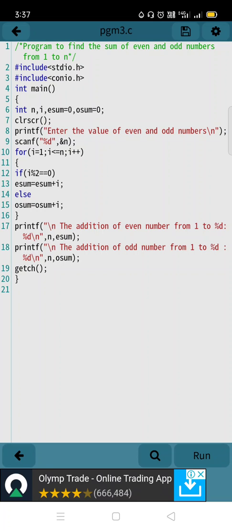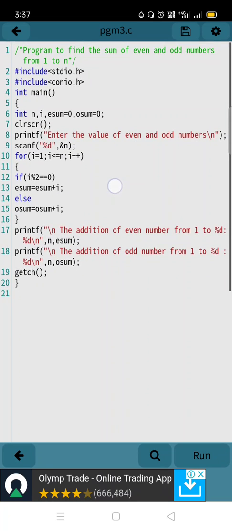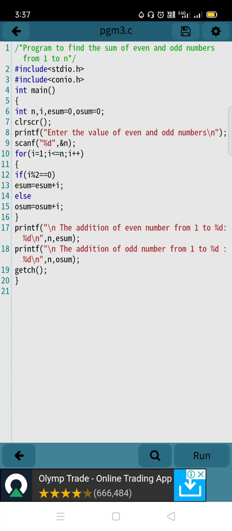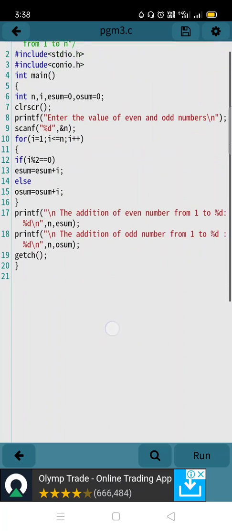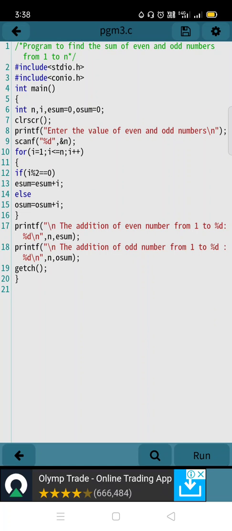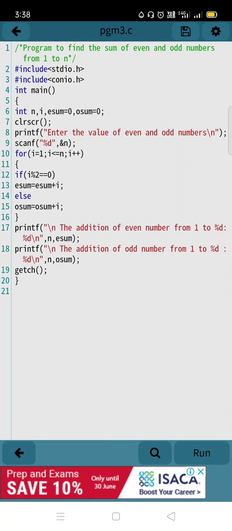4 divided by 2, the remainder is of course 0, so this one will be calculated, the first one. So how much did sum become? In the first term I told 2, I told before. What value of sum was stored after the first term ran and executed? The value of sum was 2. So now, what will the value of sum be? In the first round the value of sum became 2. Okay, now we are calculating the second round. 4 divided by 2, meaning the remainder is 0, so this process is executed. Okay, the value of i is 4.